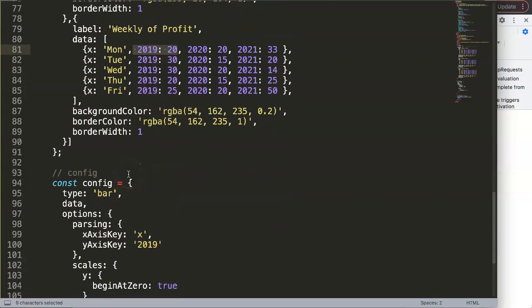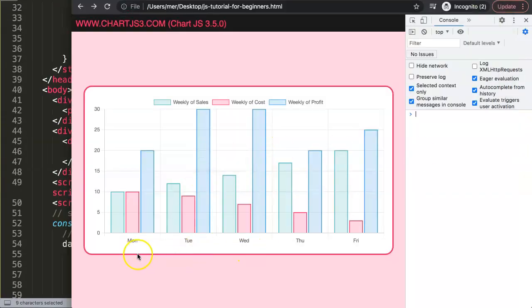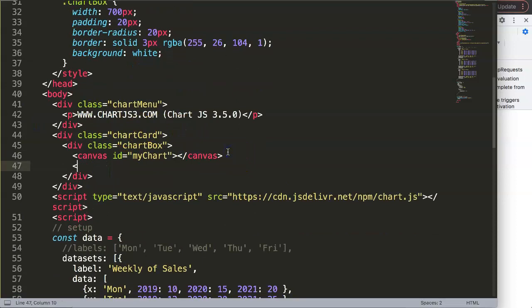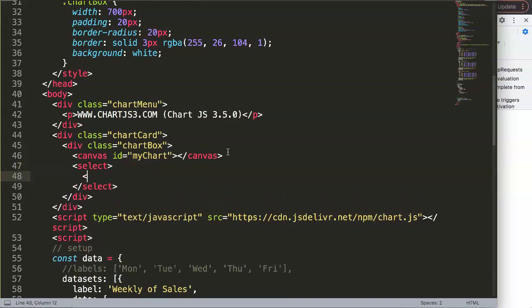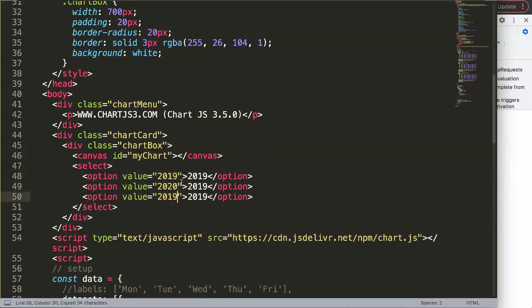Alright, so what we want to do now is two things. We want to have checkboxes here so that we can select, and we want a select box to select the year. So that's what we're going to do first. Let's create a select box first. So we say here select, and it's closing, and then we have here an option, and what I will do here, we can say value, and this should be the value of the year. So this will be the year. I'll put in 2019 as well, and now I'll copy that, make this here,